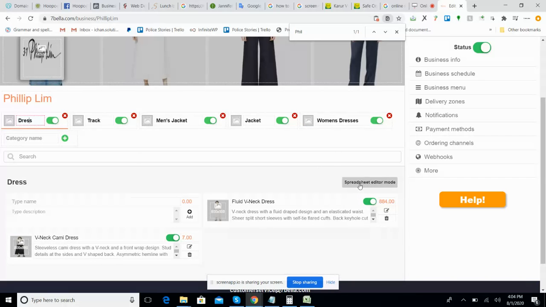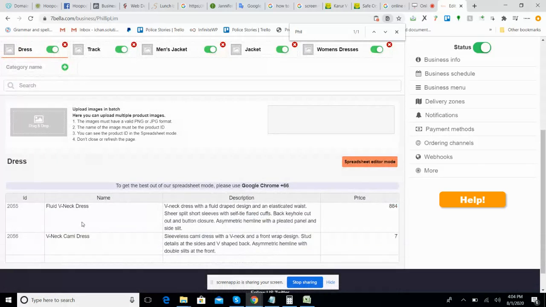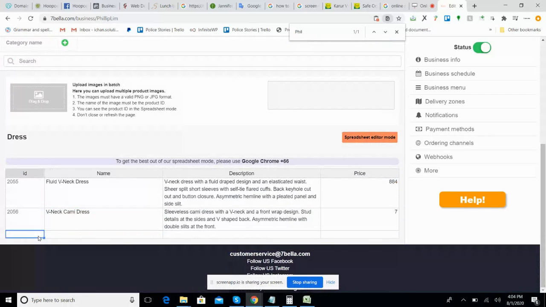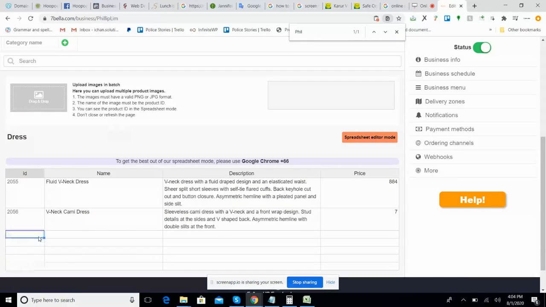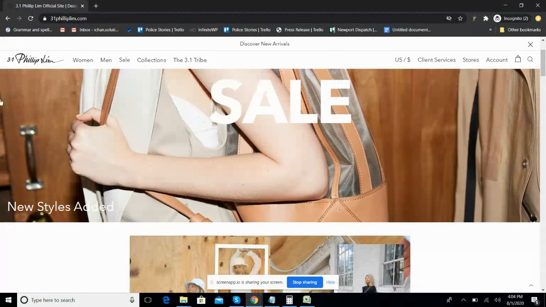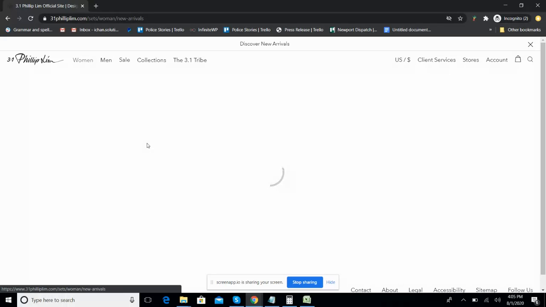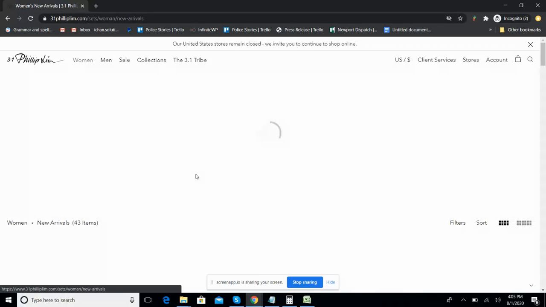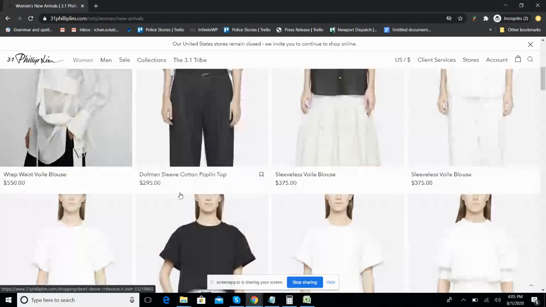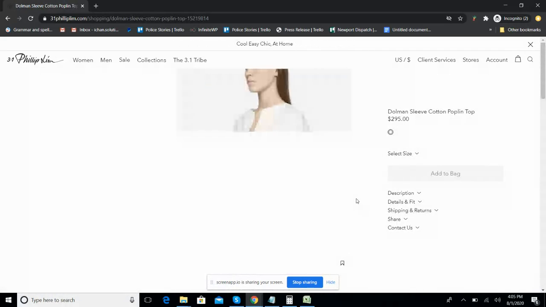We have an option, the spreadsheet editor mode. So here is the option. You just go there and enter. You just ask the customer or store owner to get the product name, the description, price, and the options. For example, I'm going to click on the women. So this is the product, right?